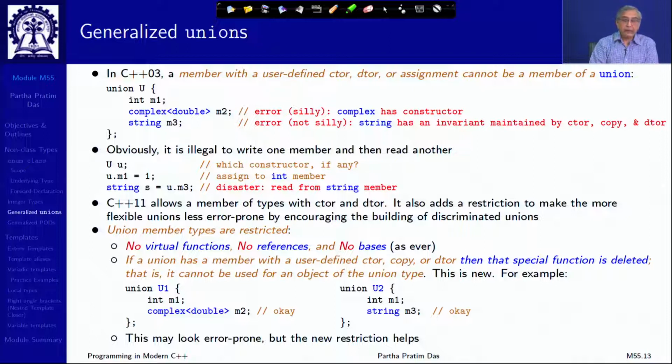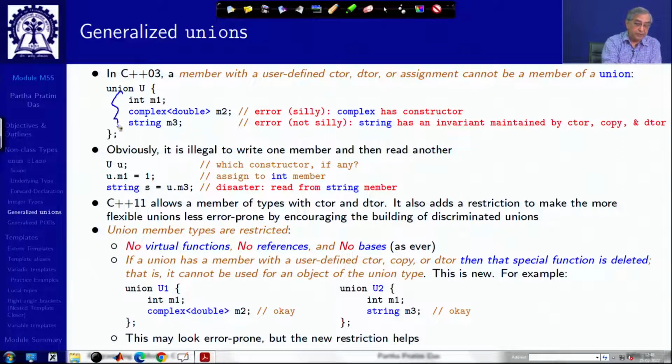Moving on, union, as you know, is a collection of mixed types like in structure, but the fact is that only one component can be available in a union at any point of time. So, this naturally creates a problem. Suppose if I define this as a union, I do not know which of these components is being used. Therefore, to construct the object of this union, which constructor should I use? Constructor of int, maybe, which is the POD default constructor, or the constructor of complex, or the